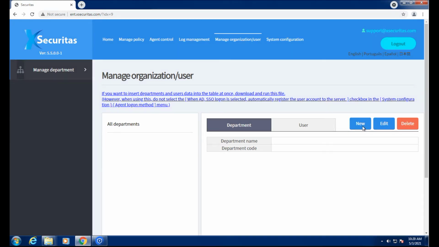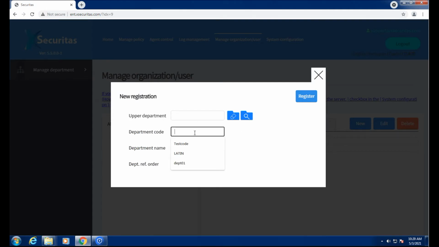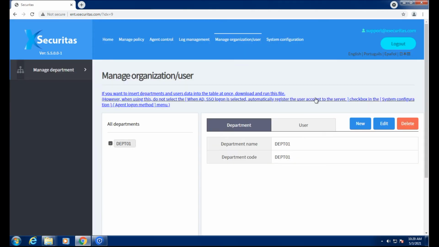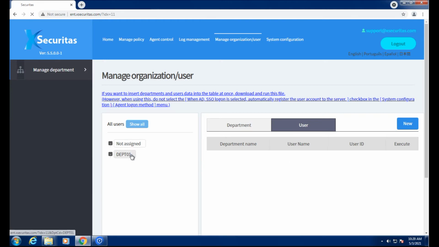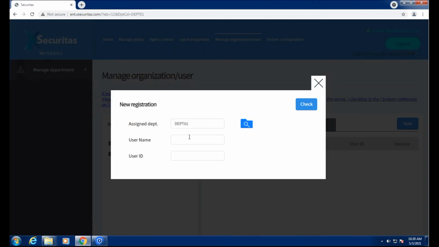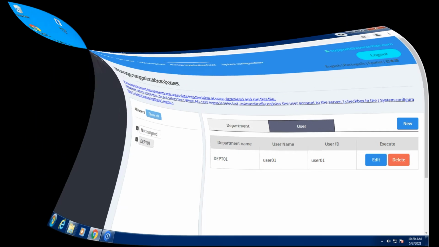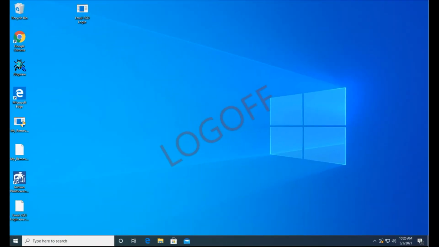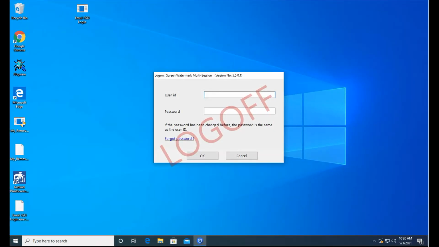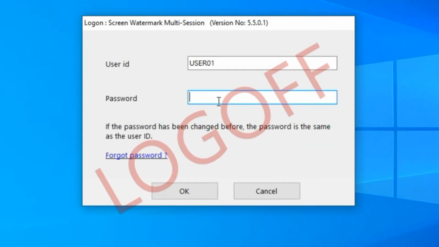Here, we will manually register the user 01 user. Now, run Agent on the user's PC. When running the agent, you are prompted to enter the user ID and password.